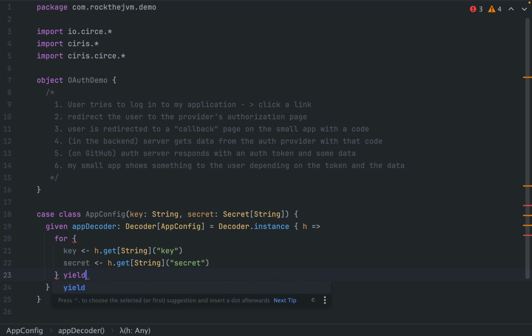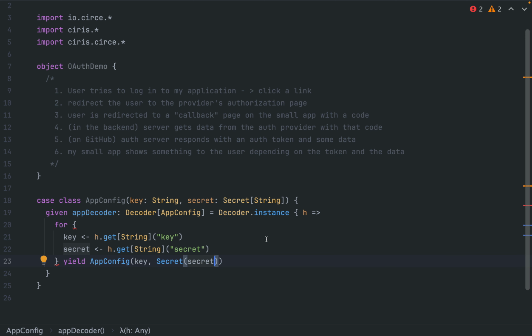I am going to yield AppConfig with a key and secret wrapping that secret. All right, so I'm going to run a for comprehension here,